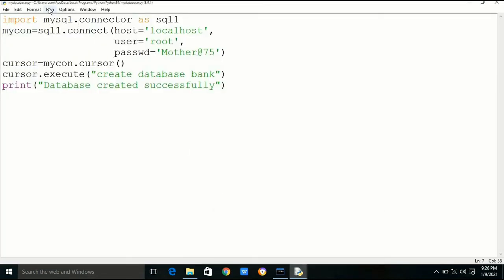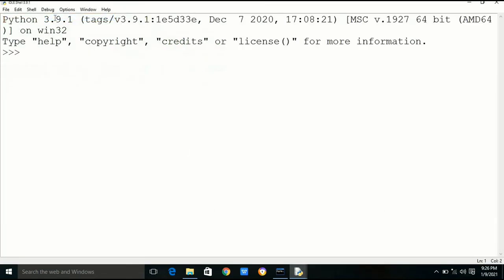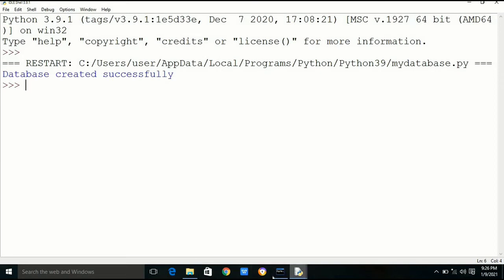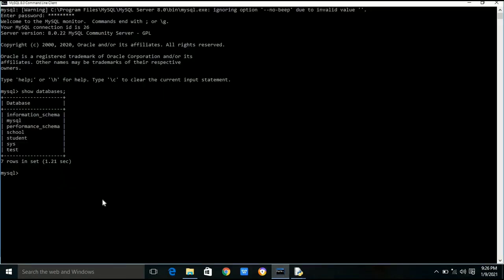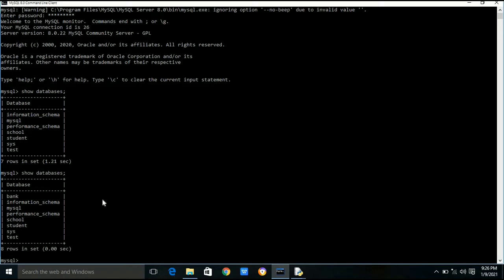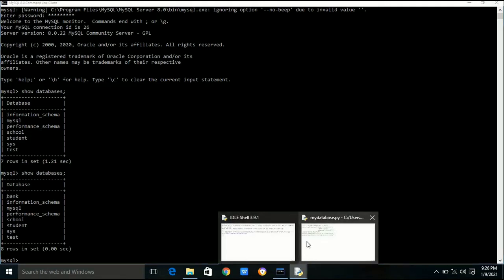Now we can give the fourth parameter of the connect function, that is database. Here in this case database is equal to bank. Now we will see the query to create a table.